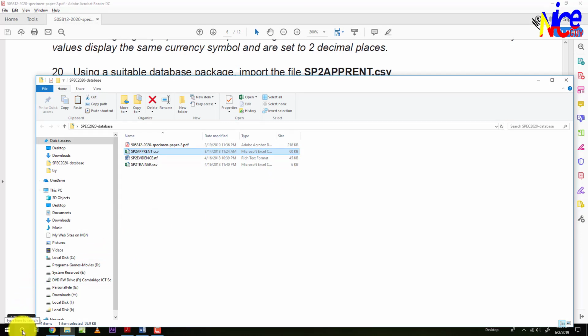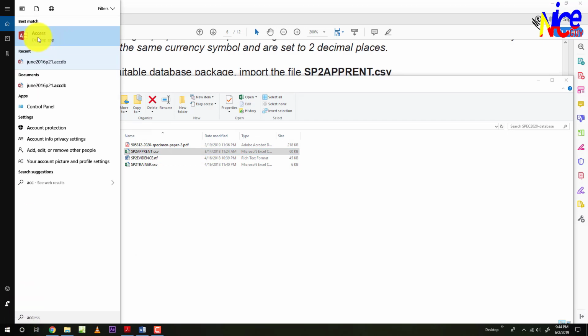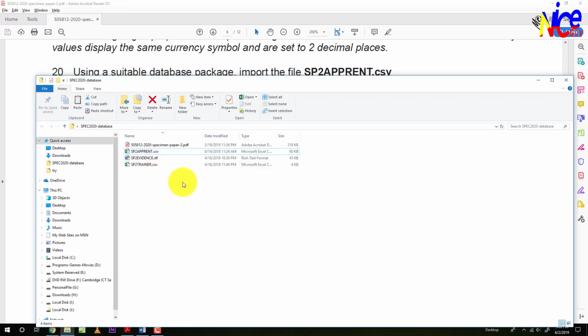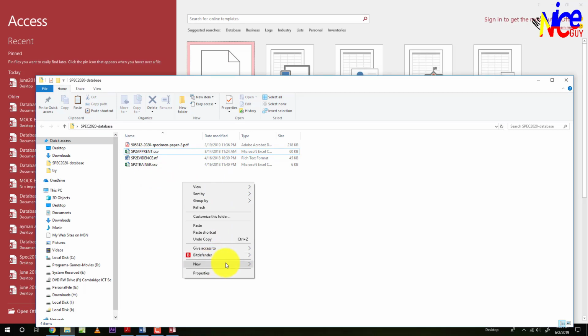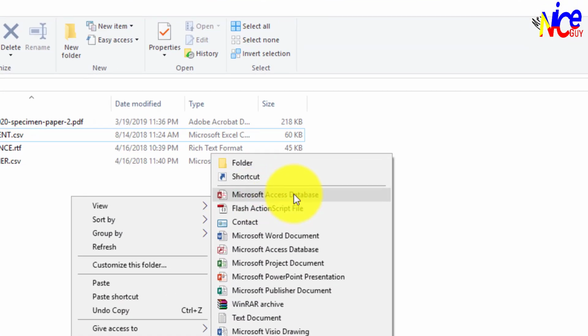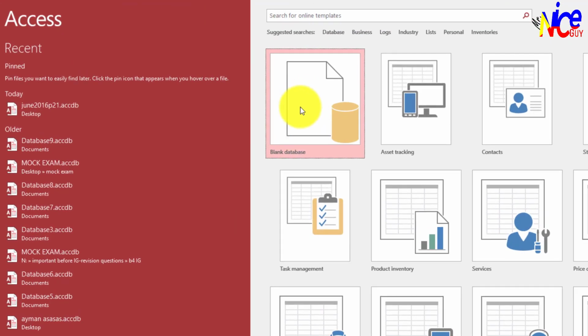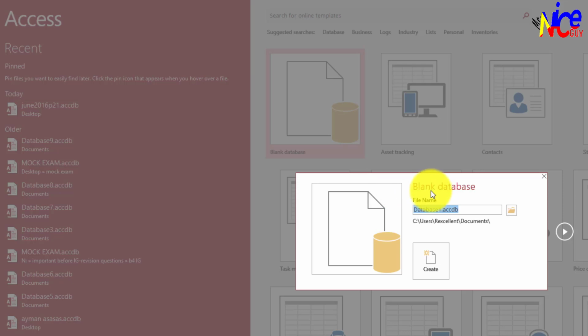Now we're going to start with our Access file. There are 2 ways you can do that. One, you can just type in your search bar the Access program, or you can start here and go into New File and then make it a new Microsoft Access database. It will give the same thing. For me, I always use this method, blank database, where I will name this one with an appropriate name. So I would say spec